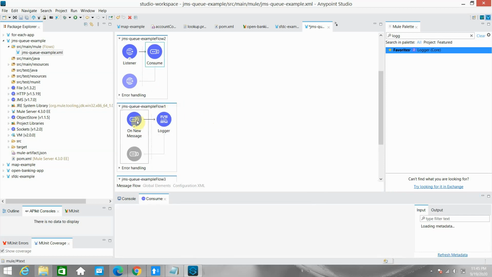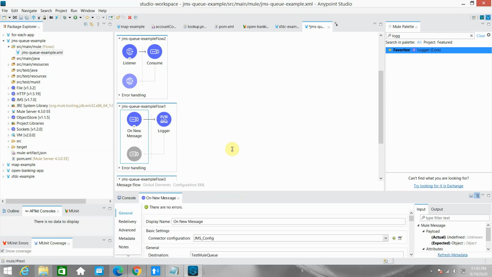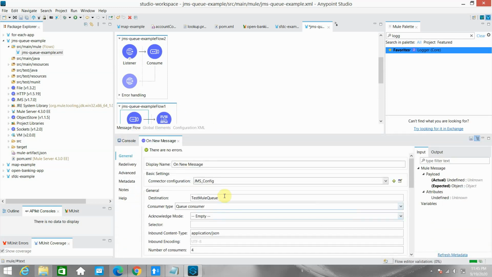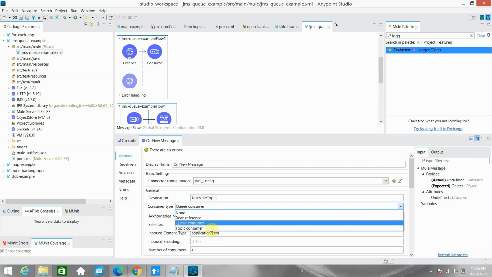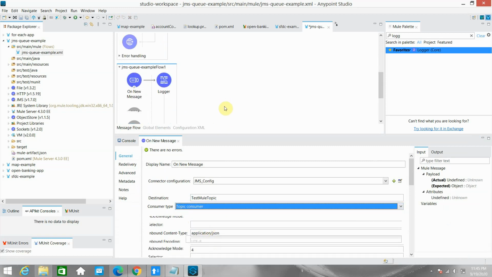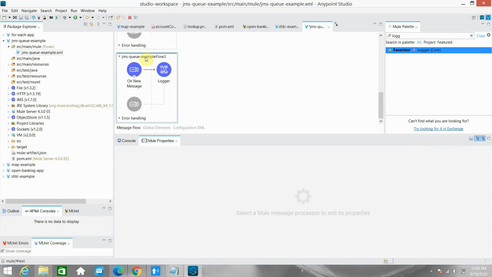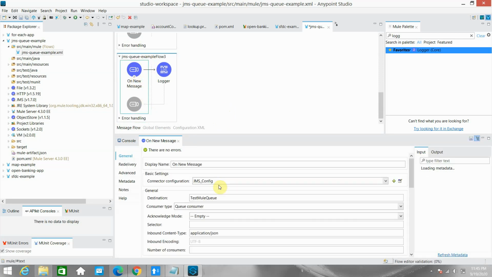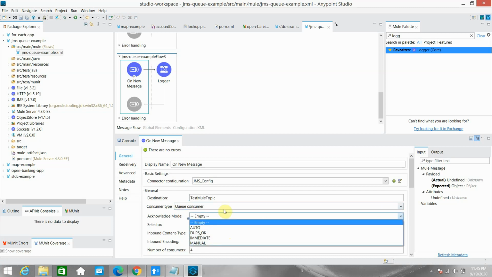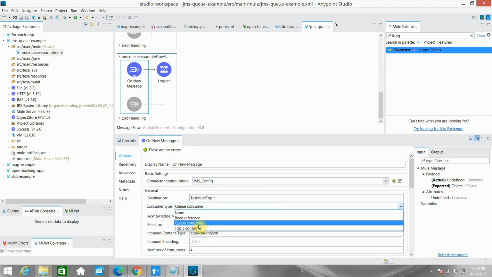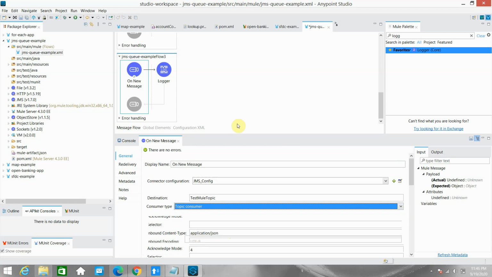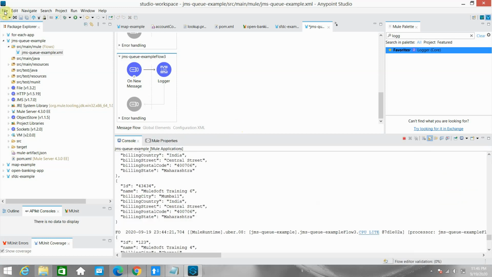On new message I will read from topic consumer. So I will change the destination name to topic. I can use topic consumer. Now in the second flow again, on new message, now try to save the application.